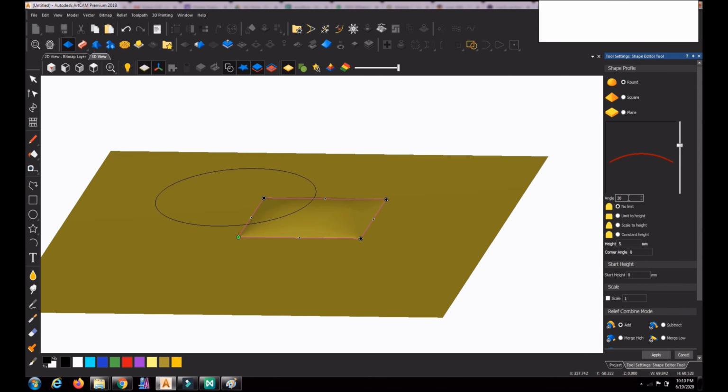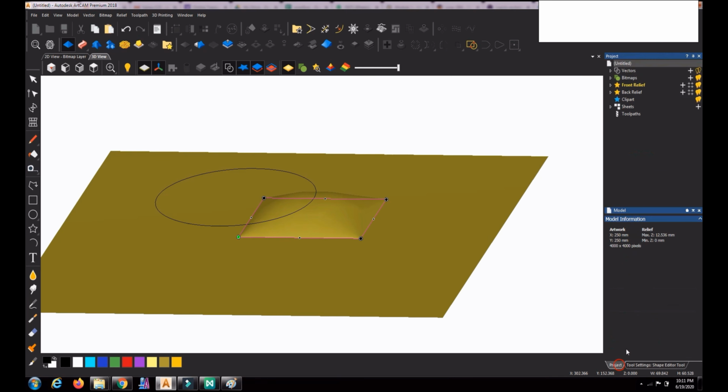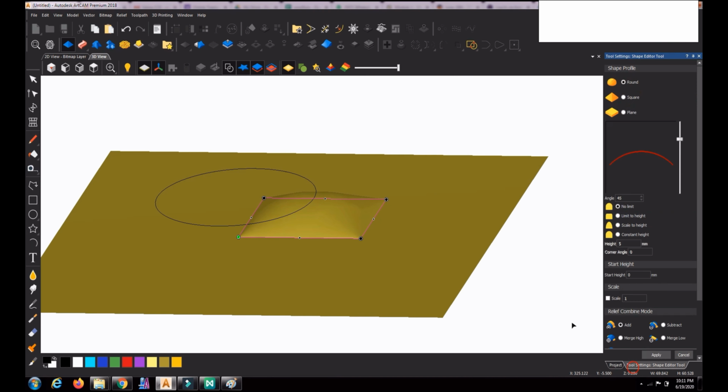Normally we keep it at 45. At a 45 degree angle it reaches a height of 12.536. So in this first option, the no limit option in the round profile, this rectangle can achieve a height of 12.5, as we just saw.